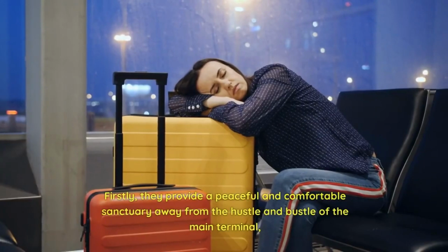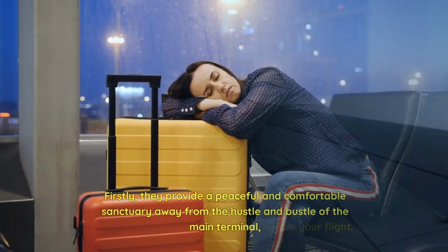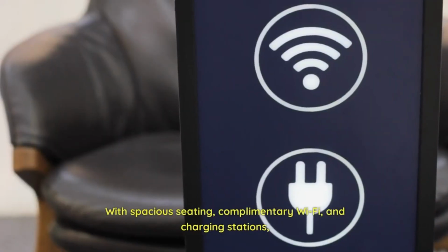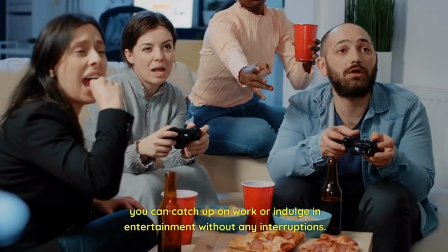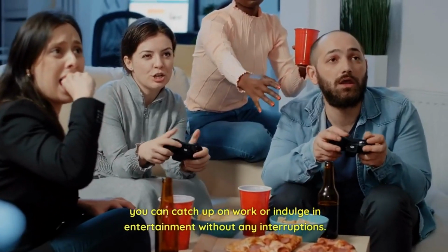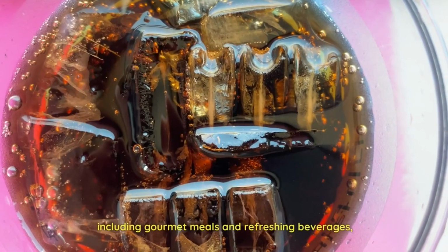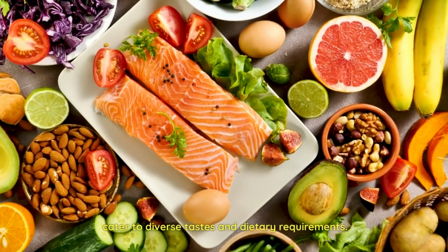Firstly, they provide a peaceful and comfortable sanctuary away from the hustle and bustle of the main terminal, allowing you to relax and unwind before your flight. With spacious seating, complimentary Wi-Fi, and charging stations, you can catch up on work or indulge in entertainment without any interruptions. The variety of food and beverage options, including gourmet meals and refreshing beverages, cater to diverse tastes and dietary